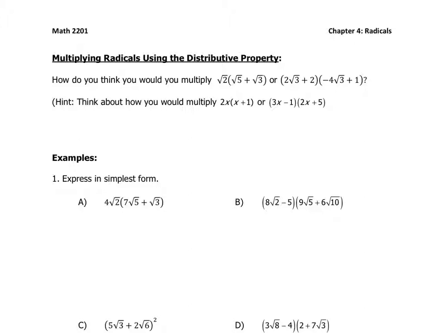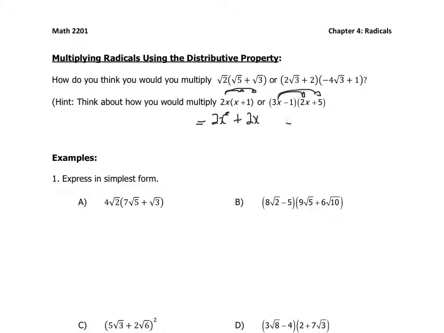So if you look at how you do something like that, it kind of relates to what we did in 1201, which was using polynomials. When we have a monomial multiplied by a binomial, we use the distributive property, and that 2x there, for example, would become 2x times x, or 2x squared, plus the 2x gets multiplied by the 1 to give you 2x. And if we have two binomials being multiplied by each other, the first term would have to get multiplied